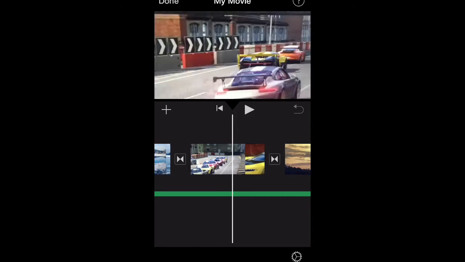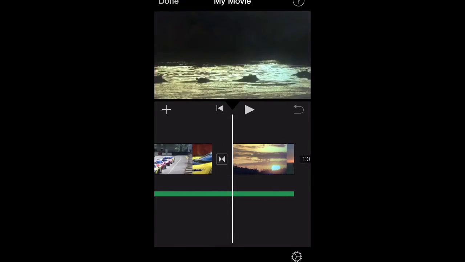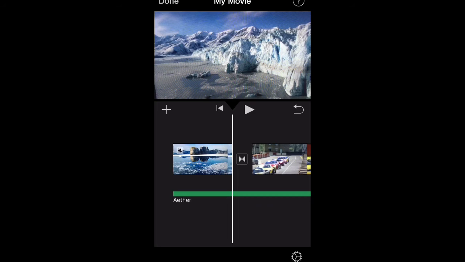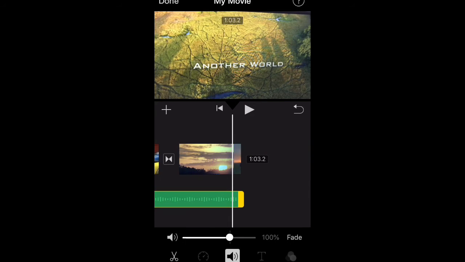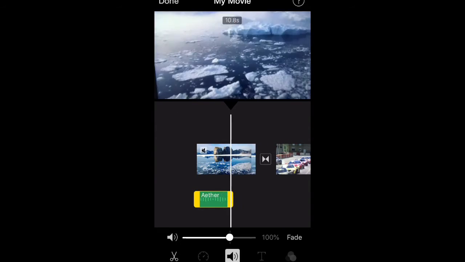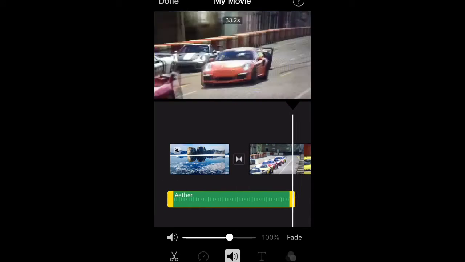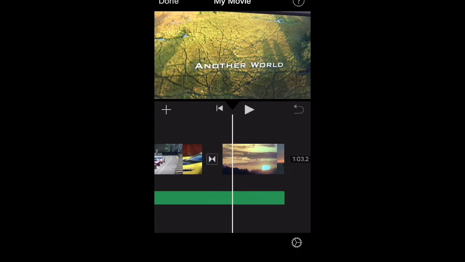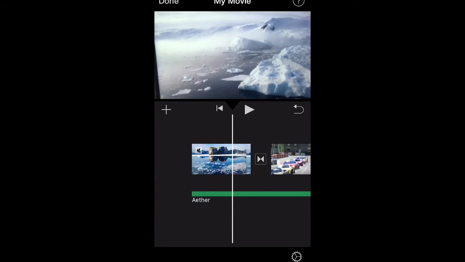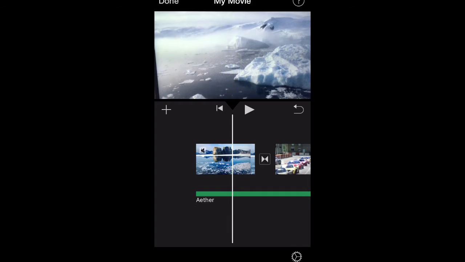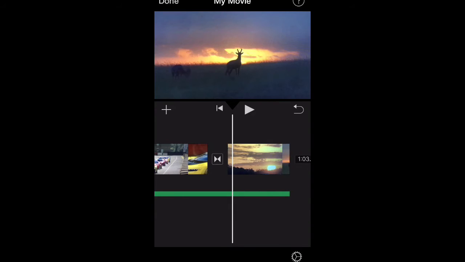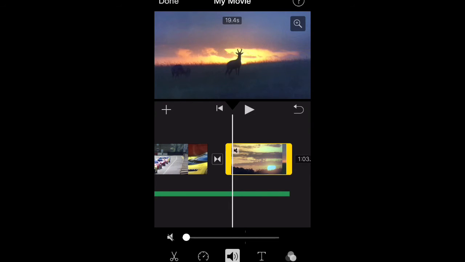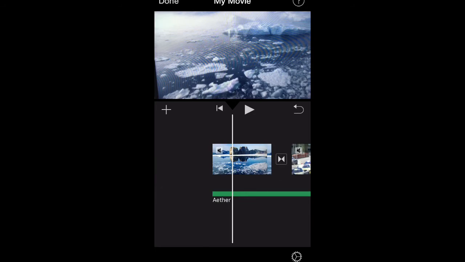And this goes all the way through to the last one. I can keep this one only for the first clip by dragging it from here all the way to here only, or I can keep it for the complete video. For the sound to appear, it will appear on all these 3. So I'll mute all those 3 videos one by one. Okay, the sound has been added, the clips are there.